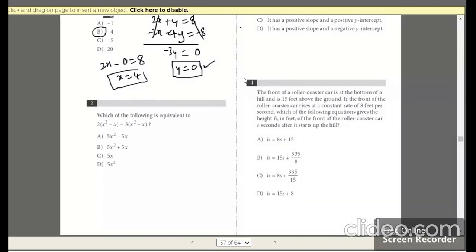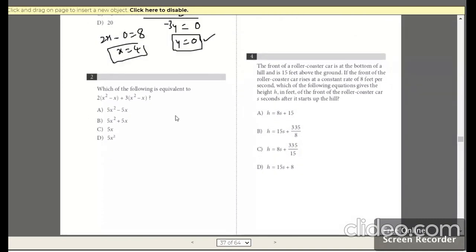Moving on to the next question that we have, question number 2. Which of the following is equivalent to? If you remember my earlier videos, I've given a shortcut trick for the equivalent expressions, provided we should have a number left in the question as well as in the choices. But if we plug in zero, we won't get any answer, it is 0 only. So what you have to do over here is just multiply with the number that is given outside of the expression and check what solution you're going to get.